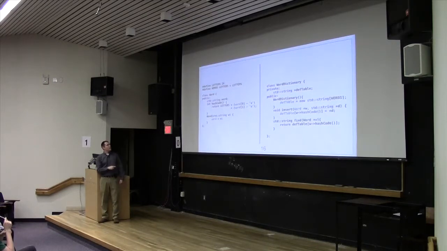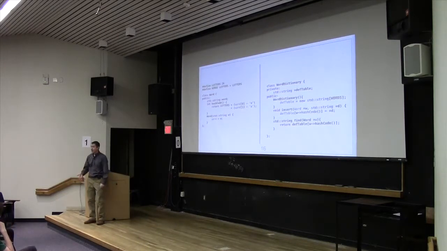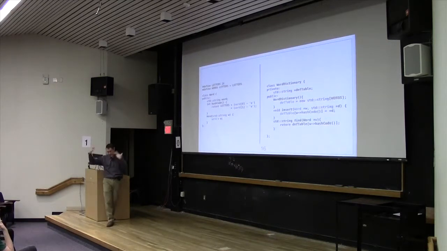And then we just have the word. And then we have this thing called a word dictionary. This whole idea, you can call this a number of different things. Python happens to call it a dictionary. Some other languages call it maps. Some other languages call it associative arrays. Whatever you want. We're going to call it a dictionary, because we're kind of thinking of it in terms of a